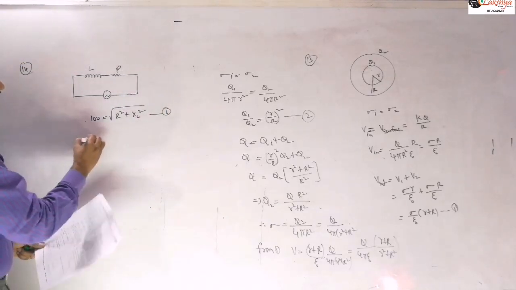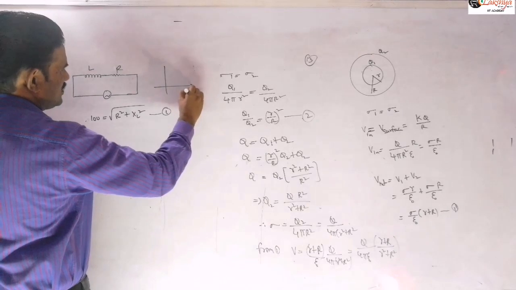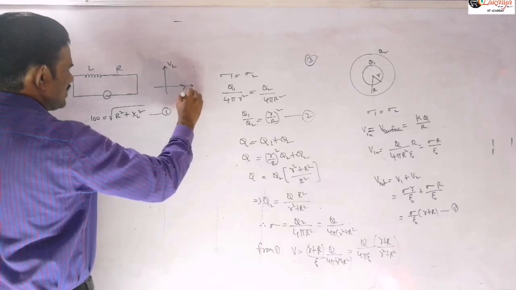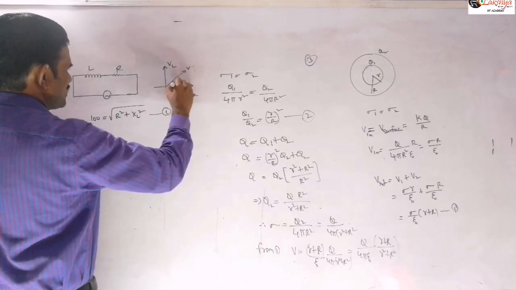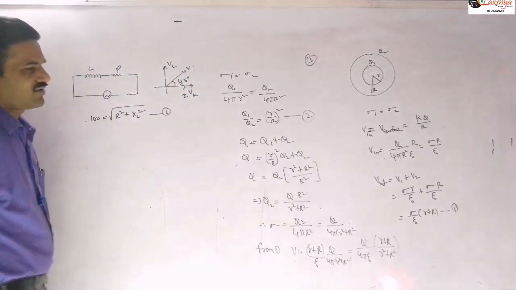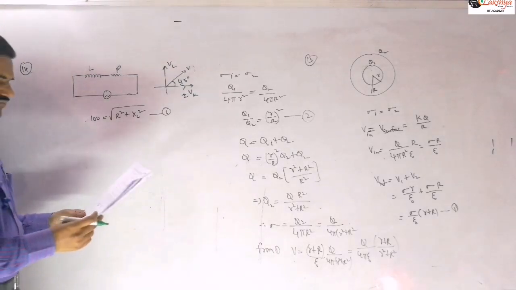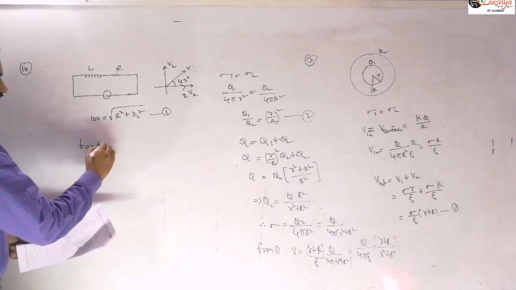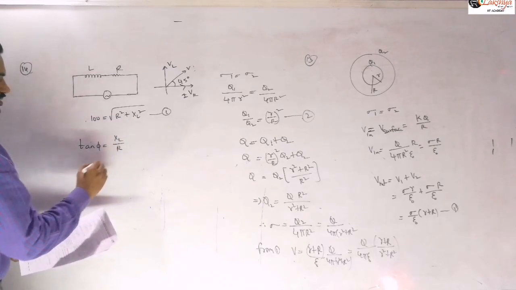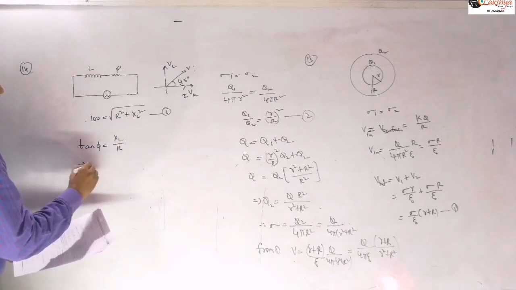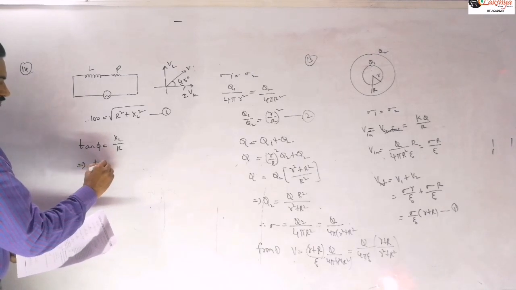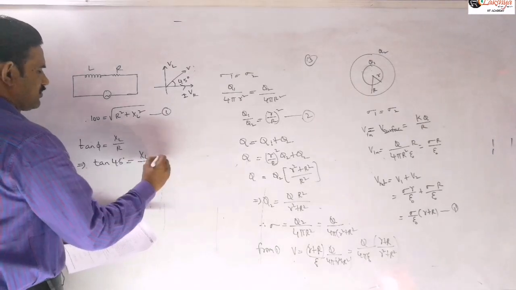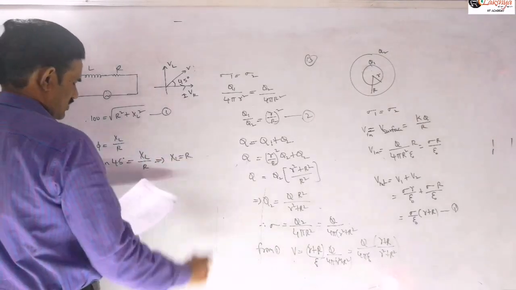Next, that phase relation you can write here. The phase relation is nothing but, suppose you are taking this as VR along this direction and this will be VL, and I is along this direction, then this is our net voltage here. So this angle is given as 45 degrees there, the phasor diagram. And so tan phi is equal to XL by R. So this is tan 45 is given. So tan 45 is equal to XL by R. So that implies that XL is equal to R.